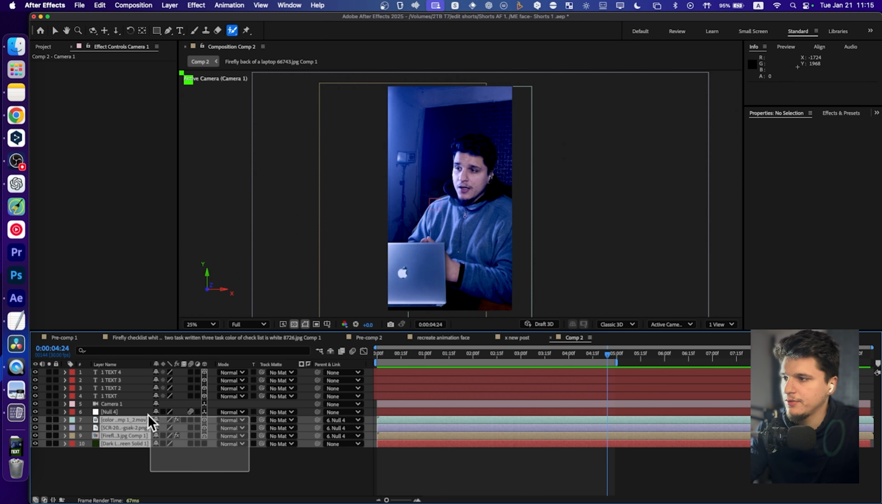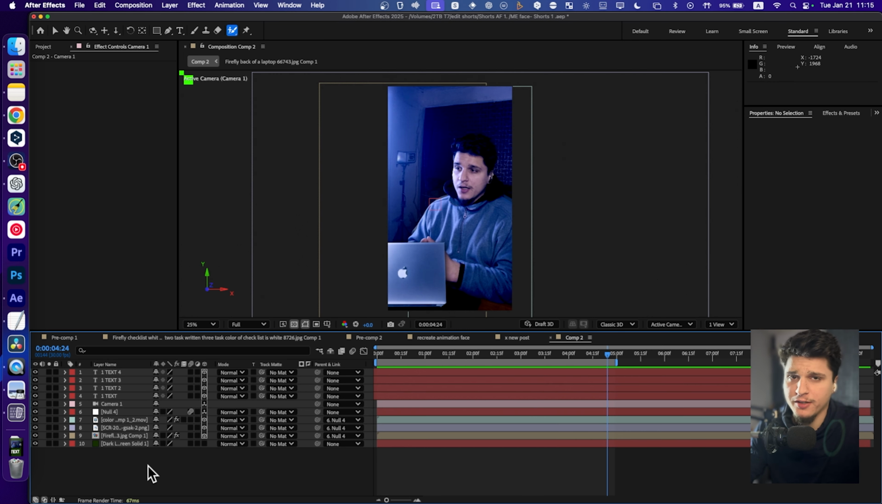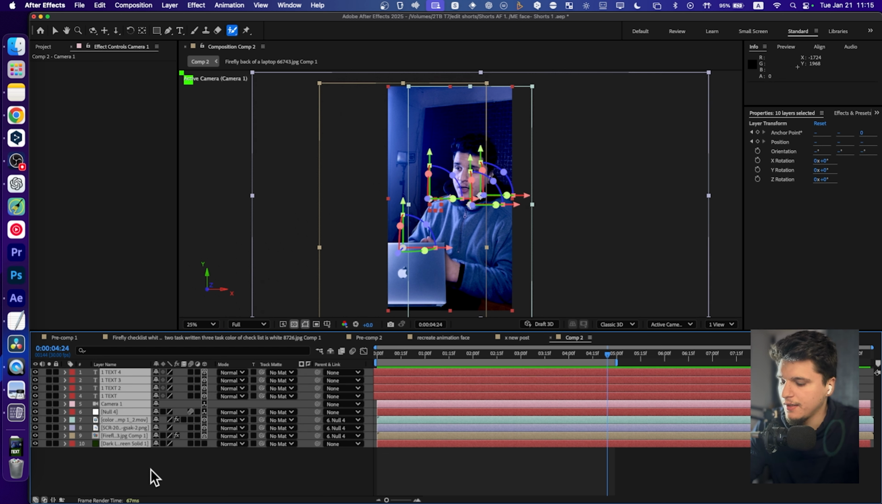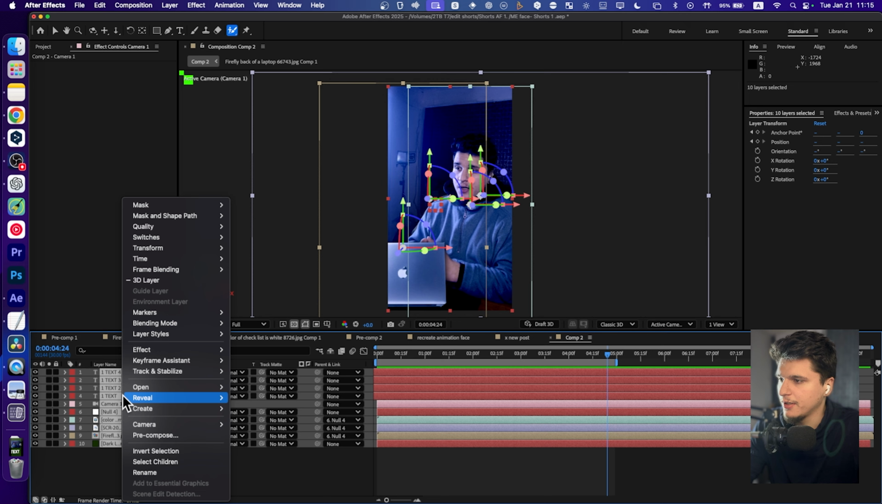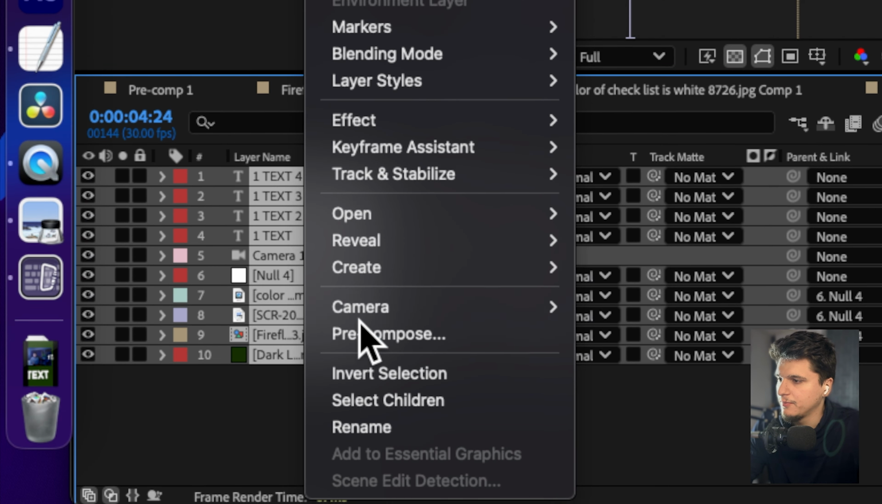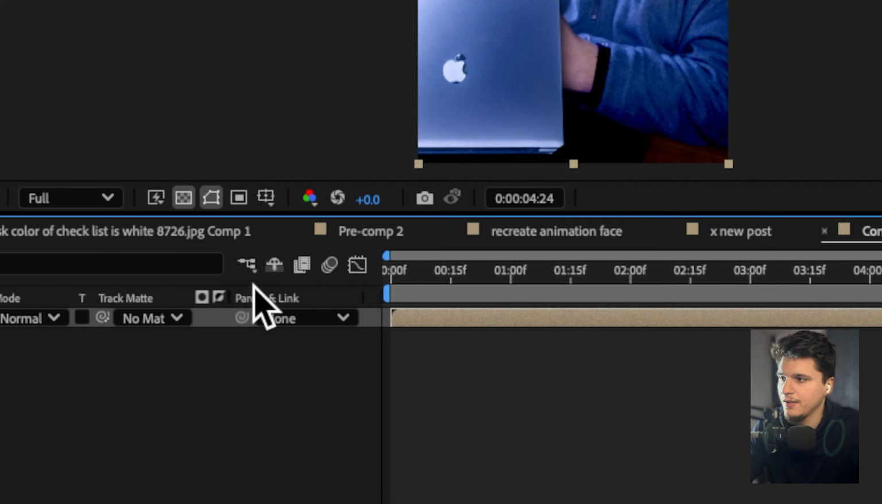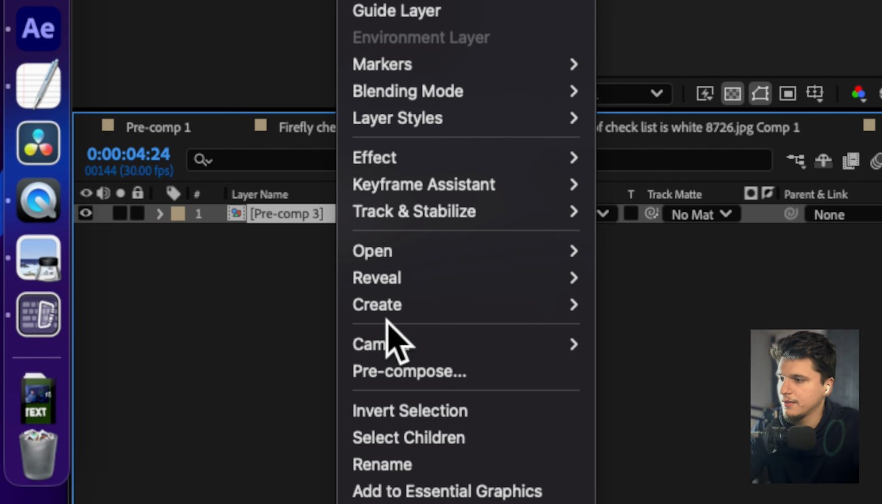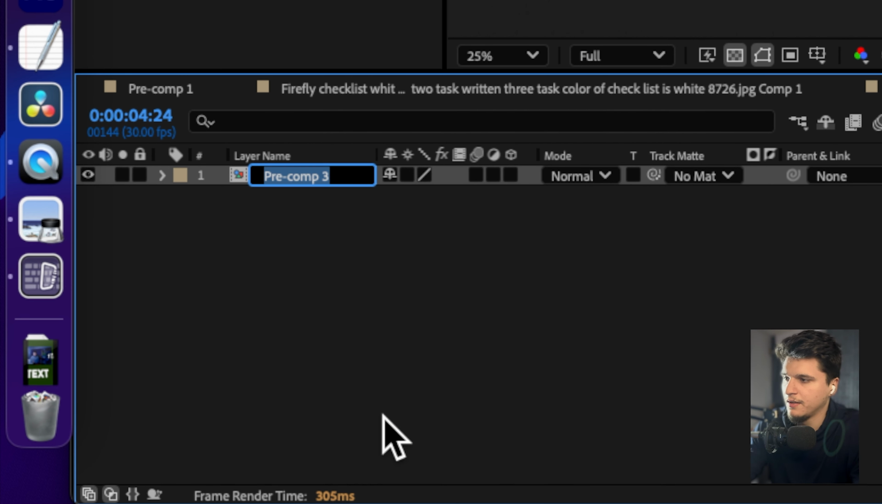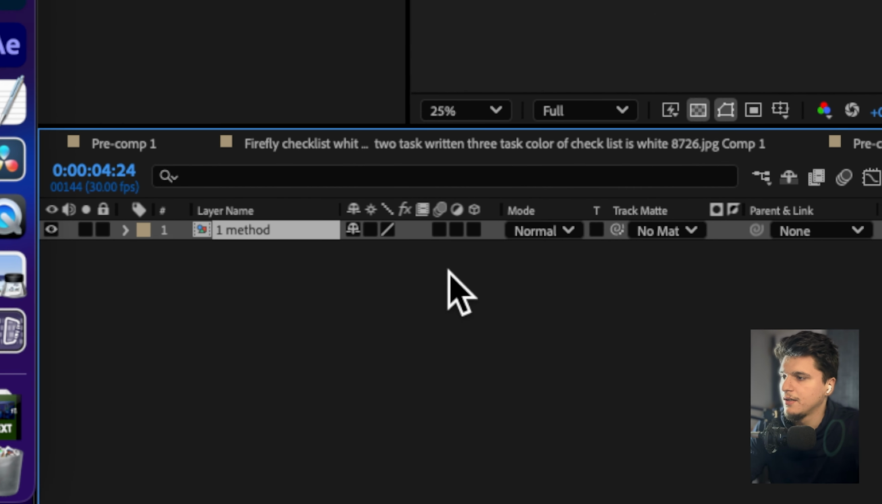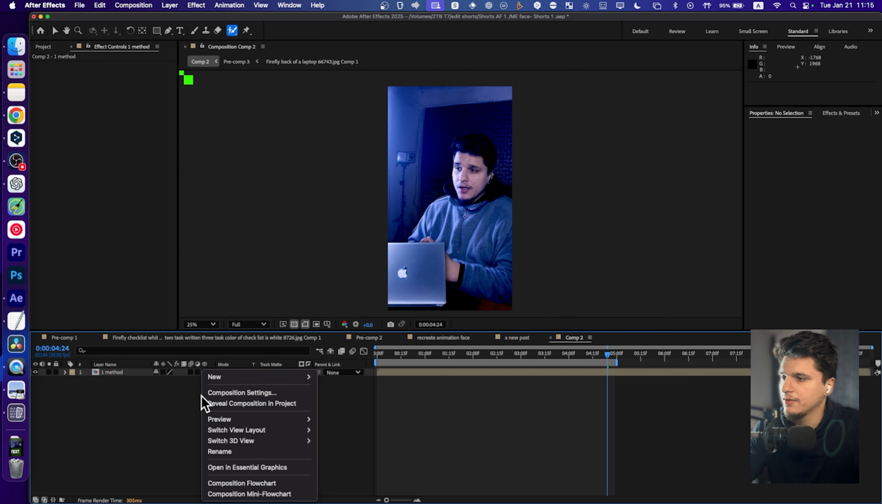Now let's just highlight all our text. We can also press Command A and then Shift Command C, or just right click. And then here you have Pre-compose. Move all the attributes into a new composition. Okay. And this is gonna be like the first method. Now there are so many other methods, of course. And now we're gonna start with